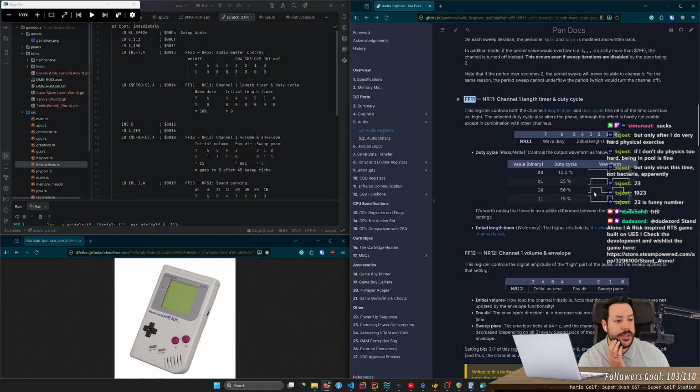Because this duty cycle has a period of 8, from a rising edge to the other rising edge, I think it's 8 in every case. So this doesn't change the frequency.